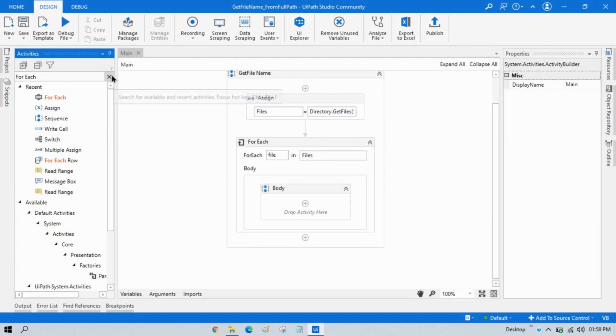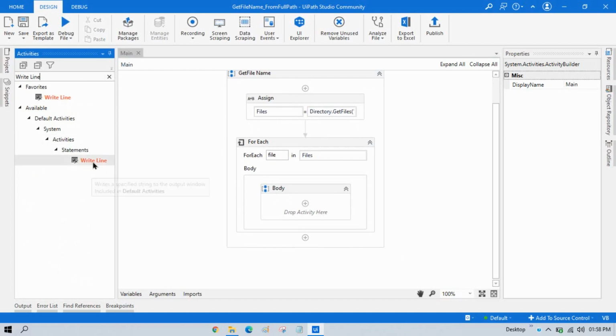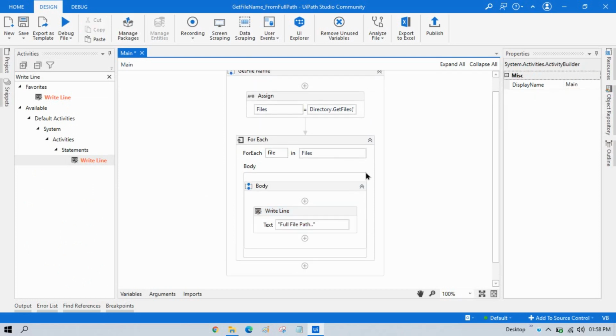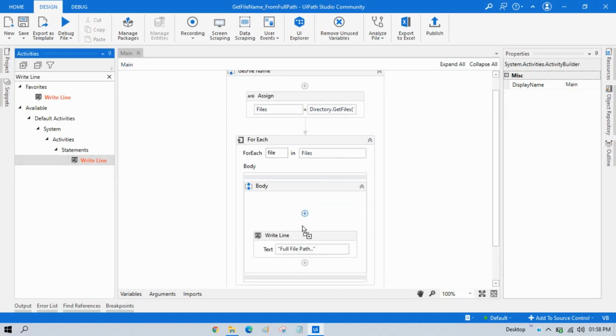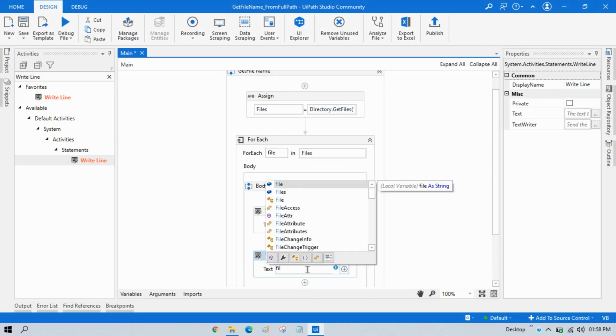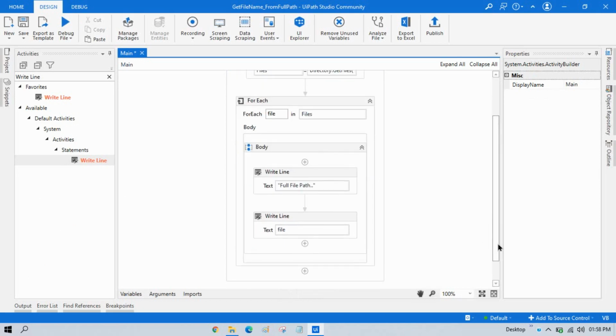Now let me write one Write Line, and this is for full file path, and after that I am going to take one more Write Line so that I can show you that if we are just using this file, it will give us the full file path.